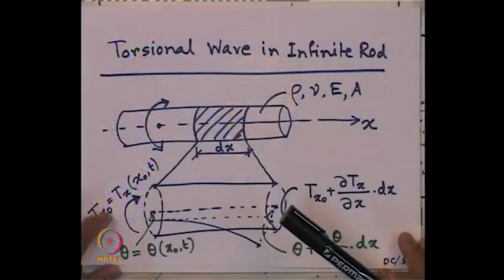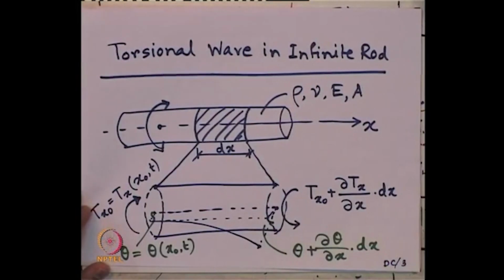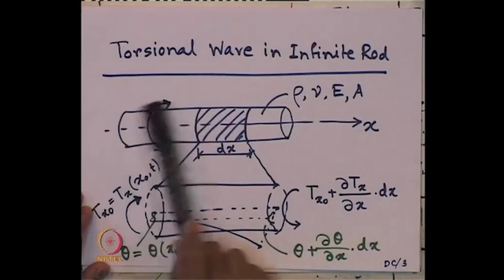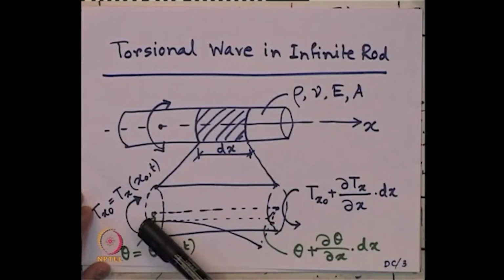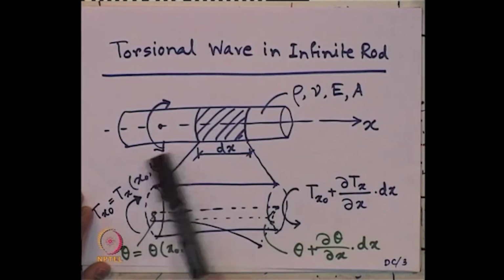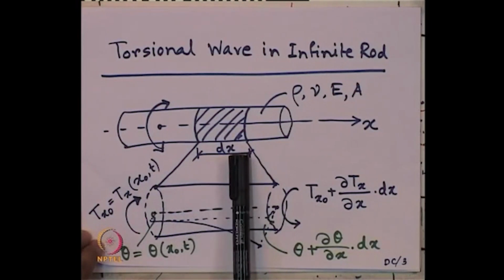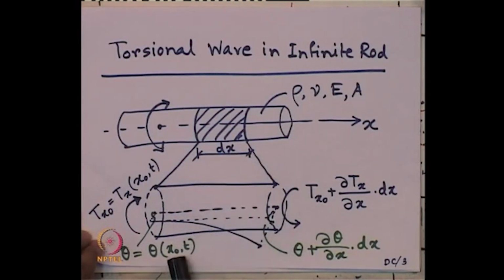Then in the previous lecture, we have derived what will be the governing equation of motion for a torsional wave when it travels through an infinite rod in one dimension. So, this is the derivation we have seen, the difference of torque at both the ends of this infinitesimal element of the rod with the different magnitude of rotational displacement theta at this end and at this end. Then